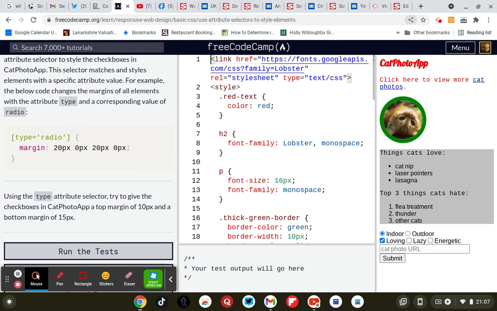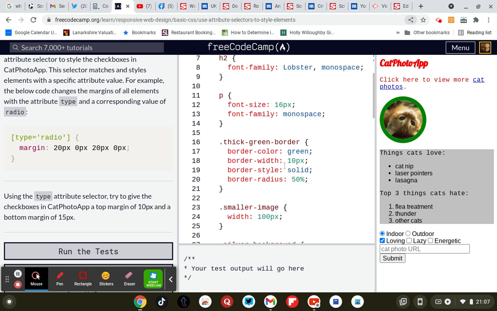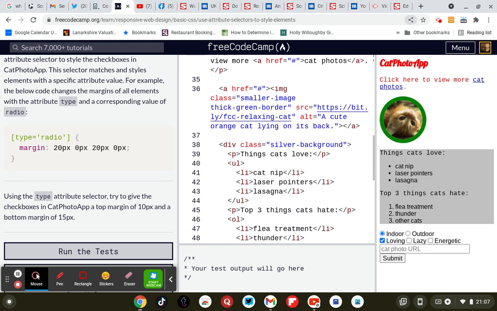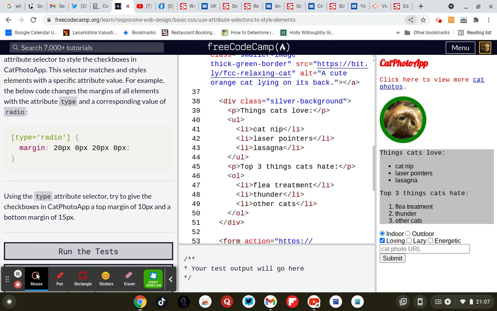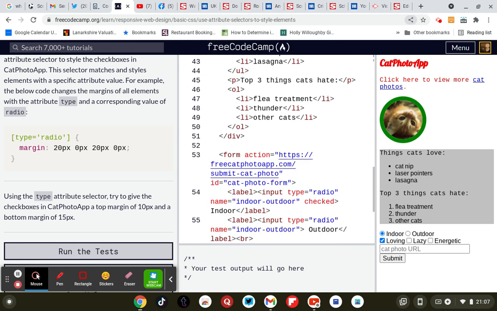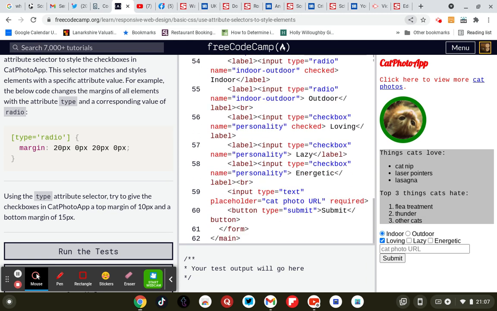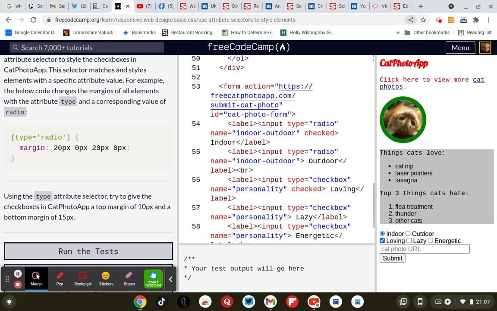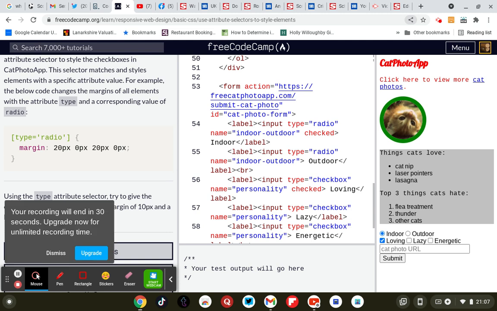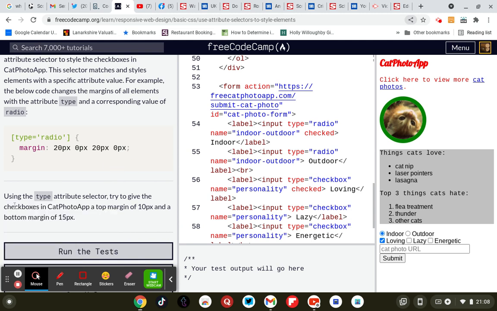Okay, so checkboxes in the Cat Photo app. Use the type attribute selector. Try to give the checkboxes in the Cat Photo app